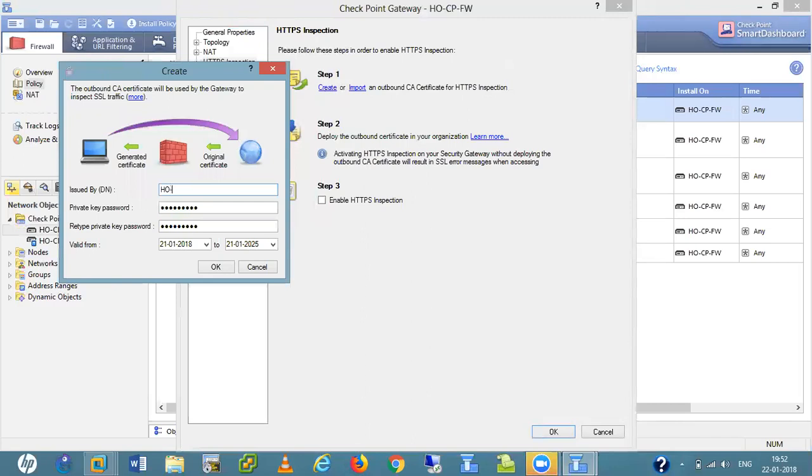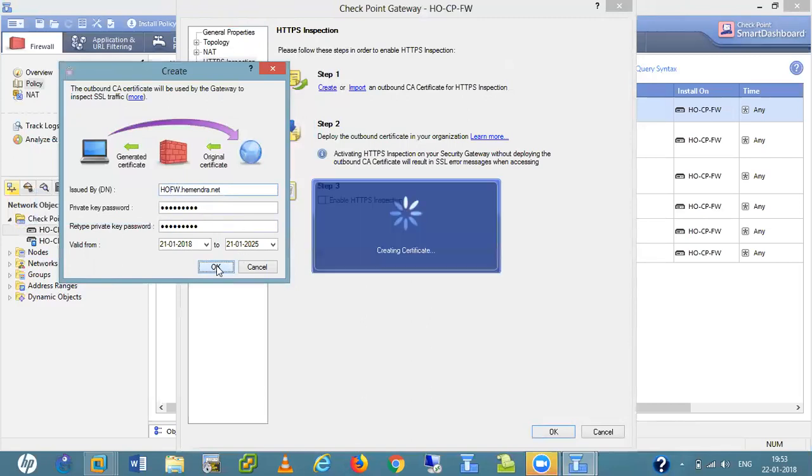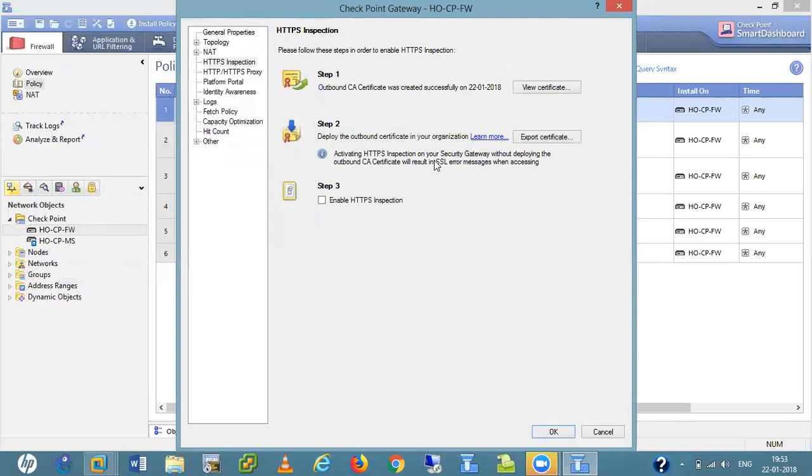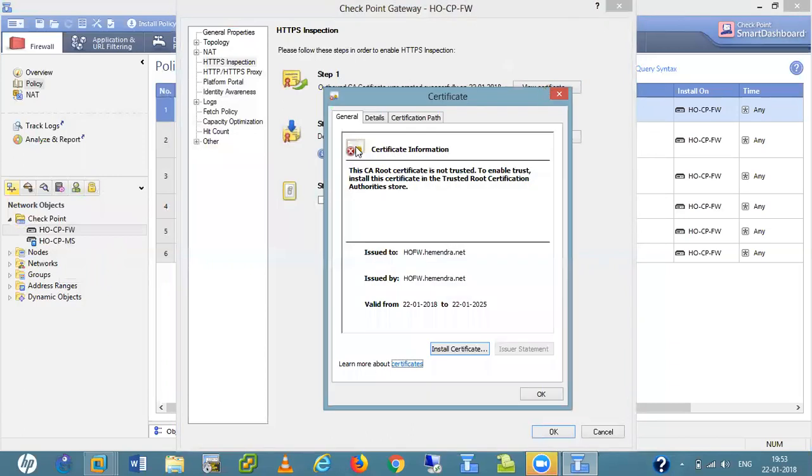Generally I use HO firewall dot my domain name dot net. DN, let's not take this one also. HO firewall dot net. Now it is taking. So if we make a mistake, it shows this. Now here we can see the certificate also, view certificates. So here we have this certificate, firewall.heyman.net, issued by this one, and these are the details.